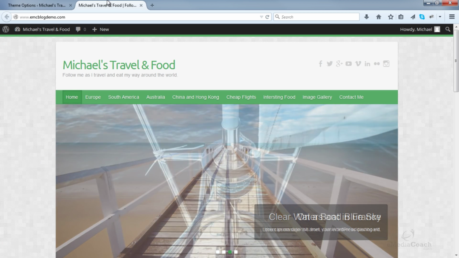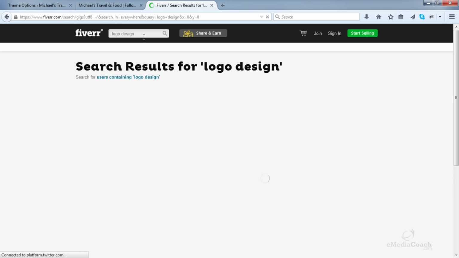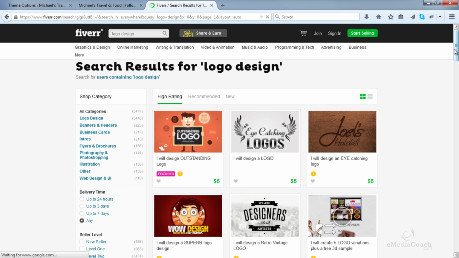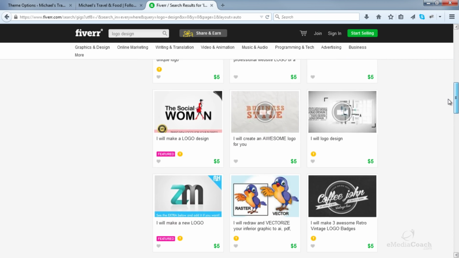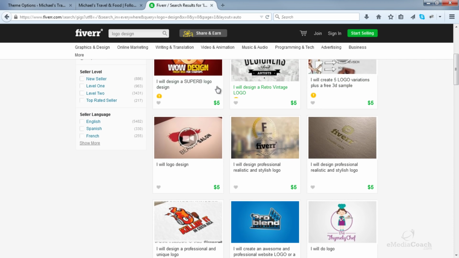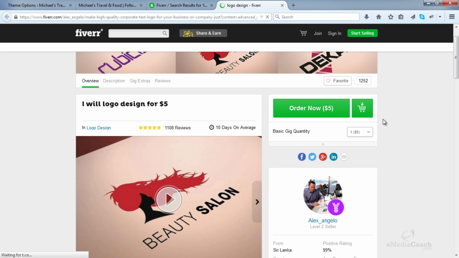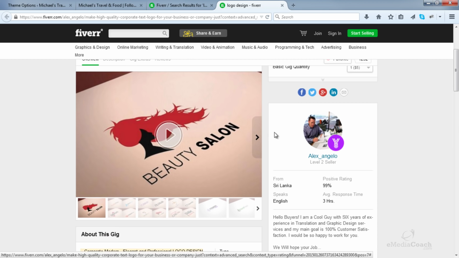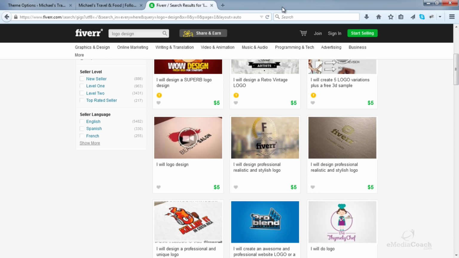However, if you need to get a logo made, go to a site called fiverr.com, search for logo design. You'll see there are no shortage of people who are offering professional logo design services. So if you want a professional looking logo, feel free to sign up to Fiverr and browse through some of these service providers, look at their ratings and feedback. For example, that there, look at their portfolio and choose somebody to prepare your logo.